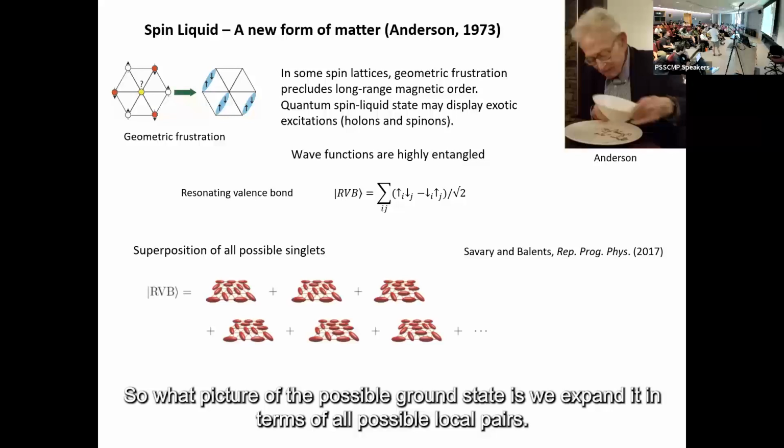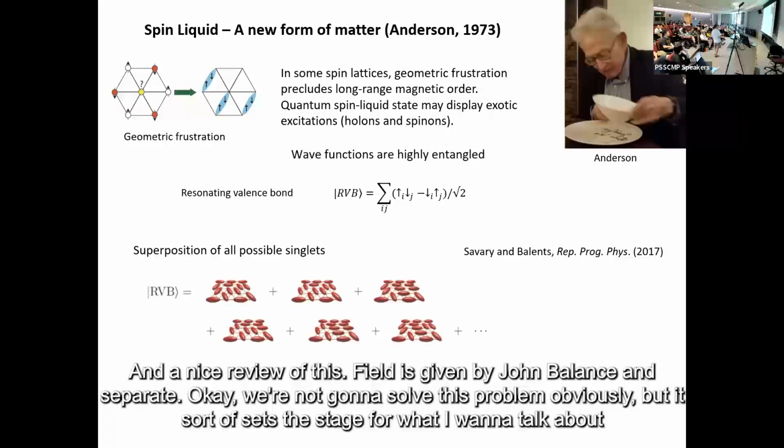So one picture of the possible ground state is you expand it in terms of all possible local pairs. Right? And a nice review of this field is given by Lacroix, Mendels, and Mila, and Savary. Okay, we're not going to solve this problem, obviously, but it sets the stage for what I want to talk